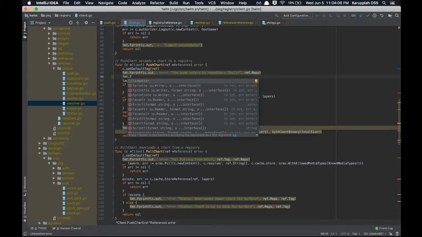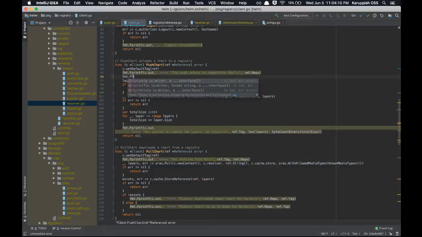I can do fmt.Fprintf because that's what these are doing. So c.out and say ref is %+v, comma ref, new line ref.string